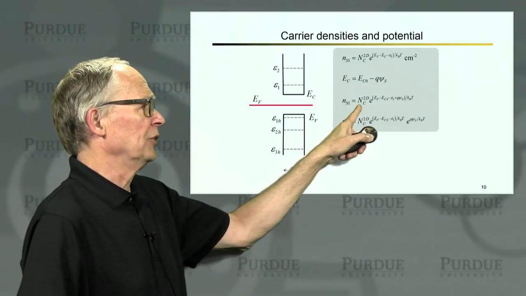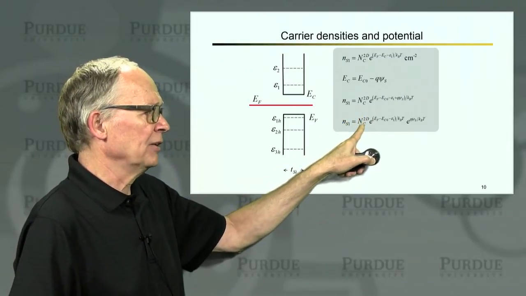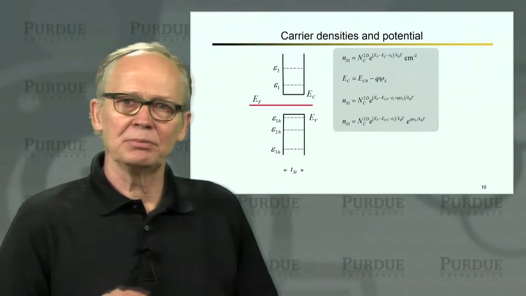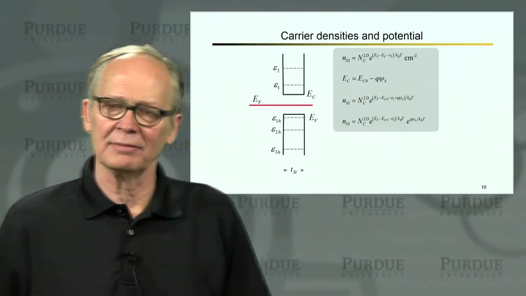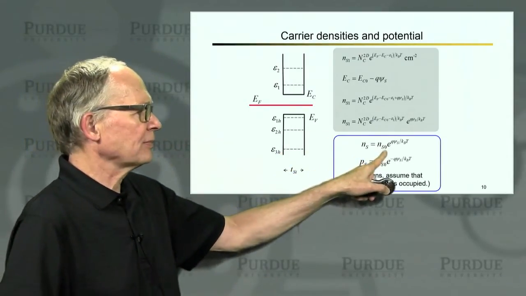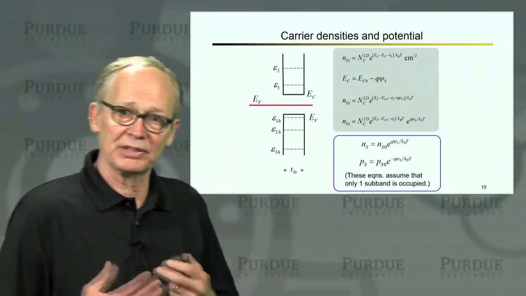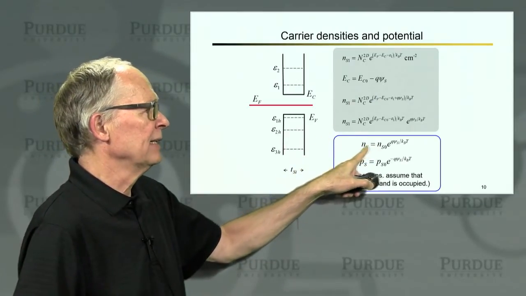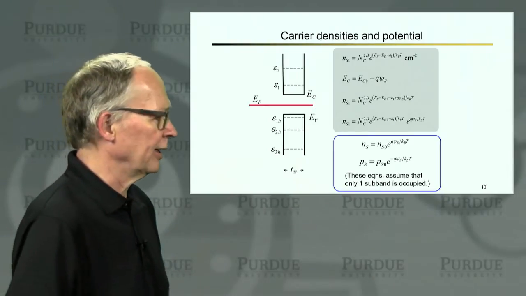So we can insert that expression into our expression for electron density, and we end up concluding that the electron density is some fixed parameters times e to the q potential over kT, very similar to the bulk. Those fixed parameters are just the value of the sheet electron density when the potential of the silicon is 0. So that's what I mean by NS0. And when I'm saying NS here, it means sheet carrier density per unit area.